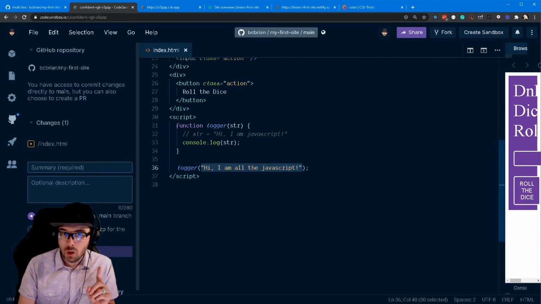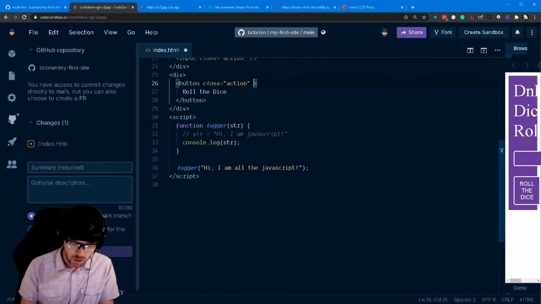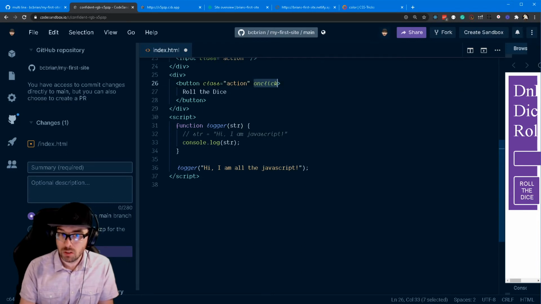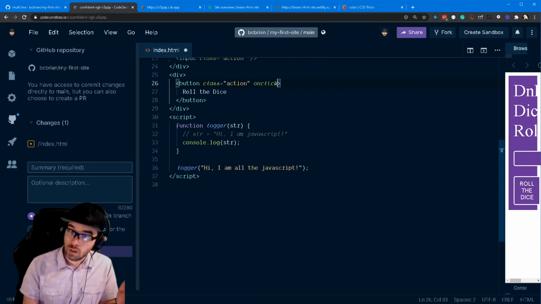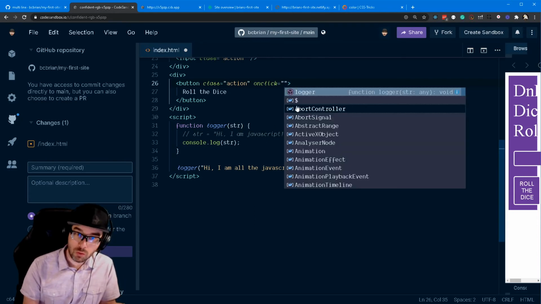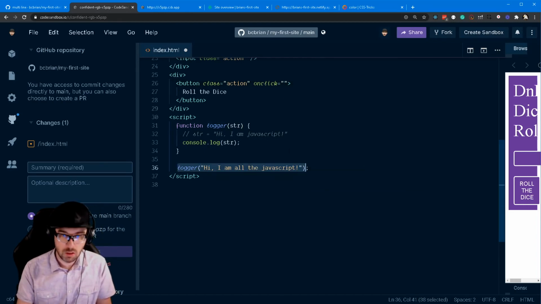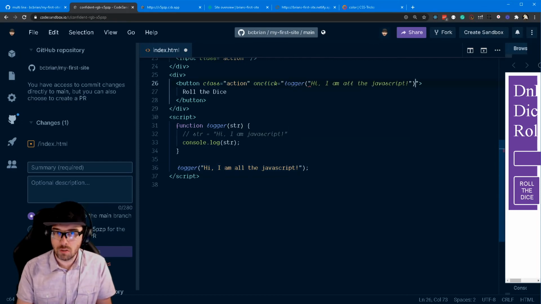Now, last thing that we want to do is I want to click the button and I want it to run this function. So what I can do is say on click. This is another attribute in the HTML world, and it helps link up functions that we've created. So I'm going to put an equal sign here. I'm going to put quotes, and I'm going to say, I want you, when you get clicked, to call the logger function with